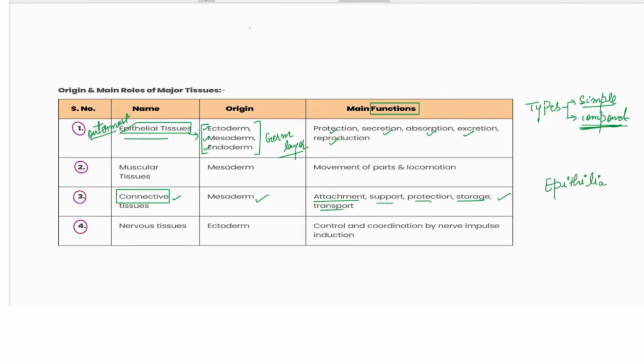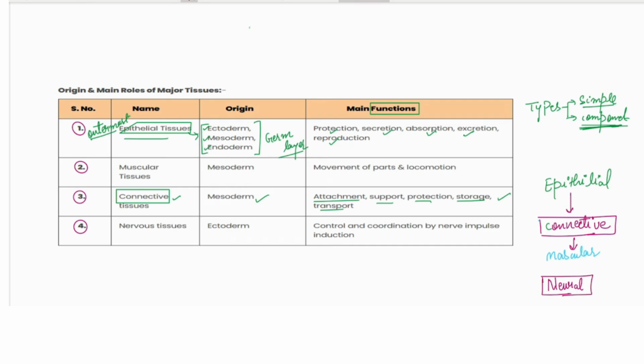Okay, then after the epithelial tissues there would be a connective tissue, and then after there would be the muscular tissues, right? So why is the connective tissue named as a connective tissue? Because it is connecting the epithelial tissues to the muscular tissues, and then the last one would be the neural tissue or the nervous tissue. Okay, so that is actually the four germ layers, four layers which are present all over the body